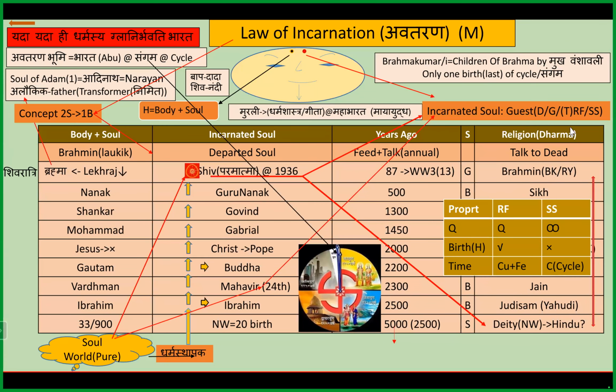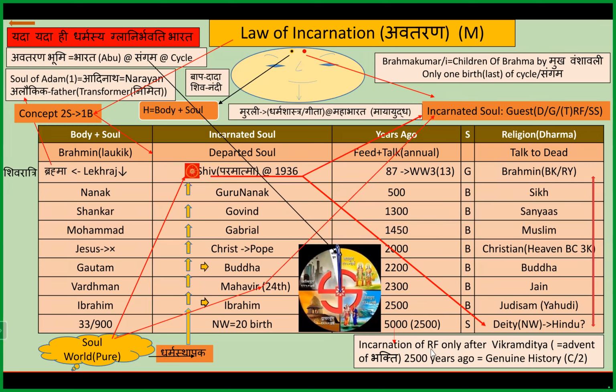Now, how do we differentiate between the religious father and the Supreme Soul? The religious father has a specific Q, while here the Q is infinity. The religious fathers always take a subsequent human birth, and then their religion starts deteriorating. Here, no human birth is taken. All the religious fathers come in the Dwapar Yuga and Kali Yuga, and here this happens in the Sangam Yuga, and that is the advent of the new cycle. This is what I mean.